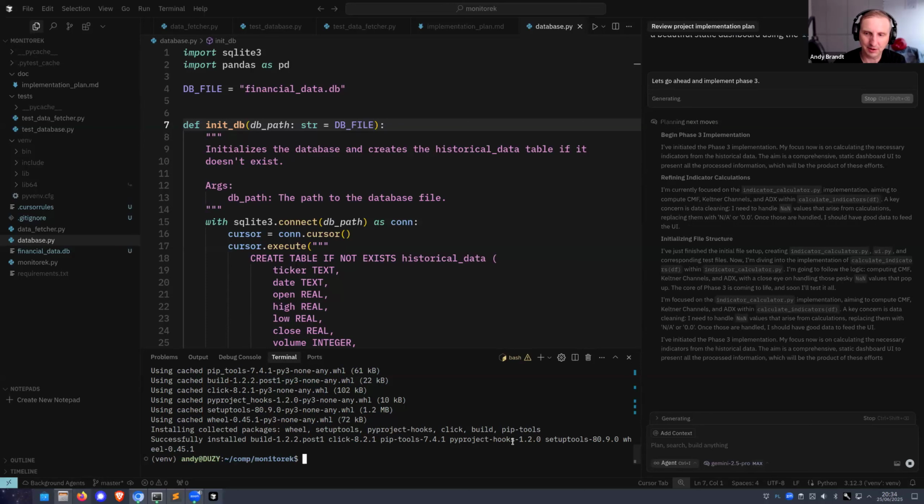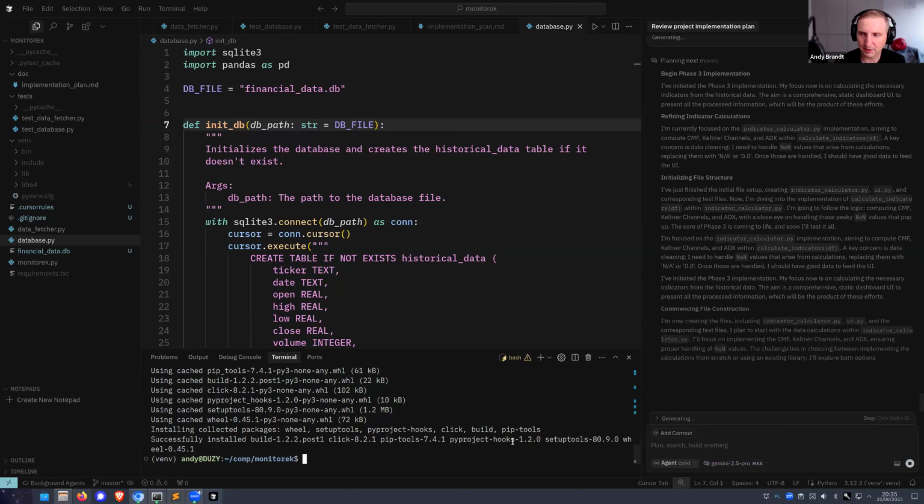Okay, as you can see, it's going according to the plan and creating calculators. And this is the indicator calculator.